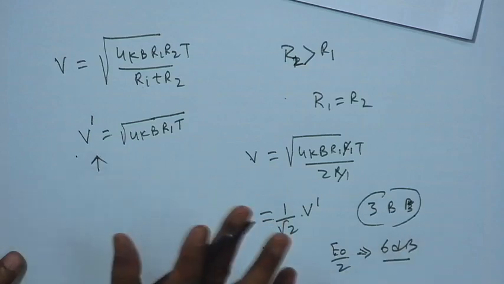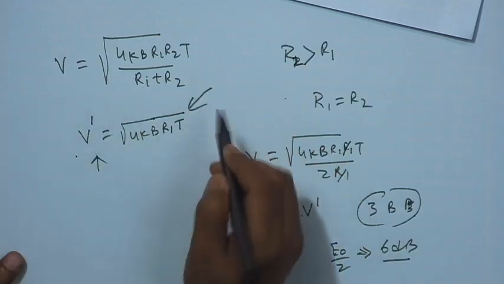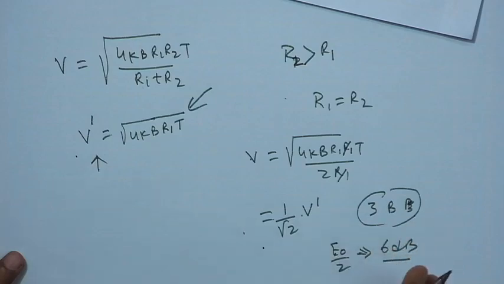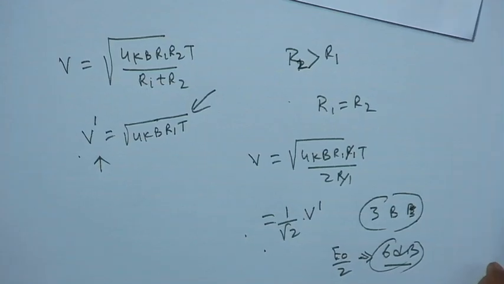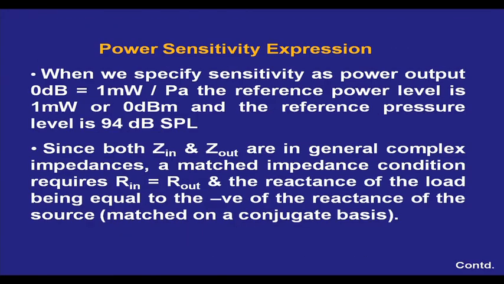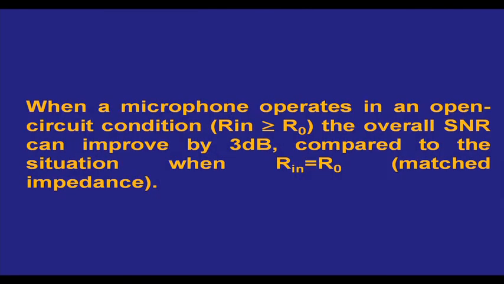If it is not impedance match, if R1 is greater than R2, I get 3 dB more noise power, but at least this 6 dB down will not be there. So I can say this statement is true: when a microphone is operated in open circuit condition, the overall SNR can be improved by 3 dB compared to impedance match condition. It is proved. Now,